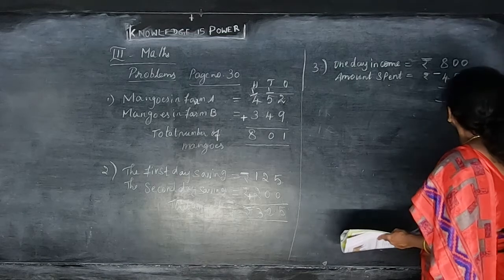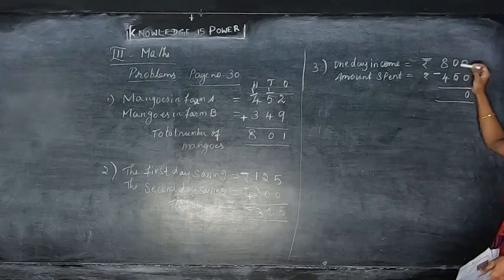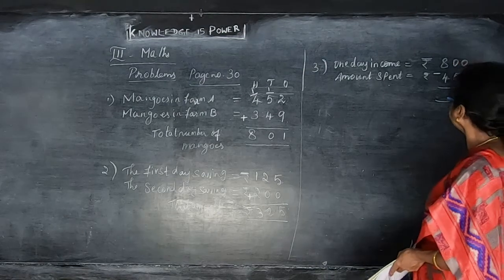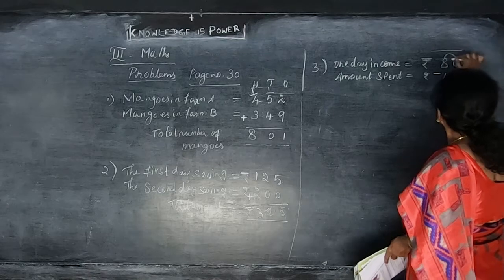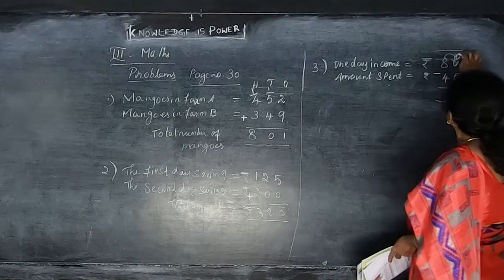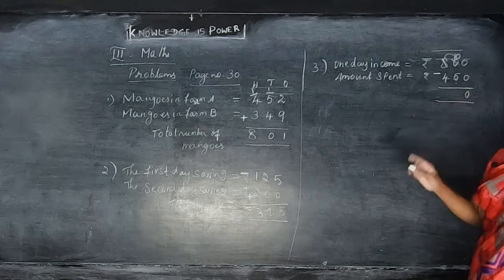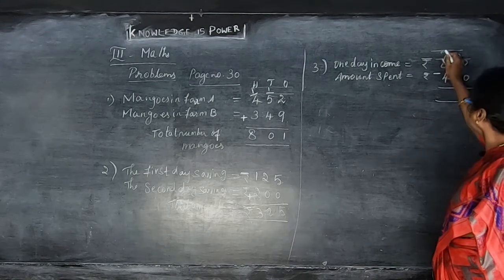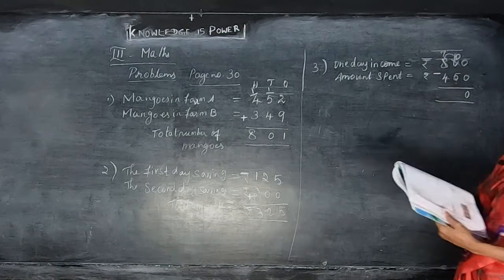So 0 minus 0, 0. Next we'll move on to the 10s digit, which is a 0. So you can't subtract 5 from the 0, so you just borrow. Whenever you are borrowing, you add one in front of that 0. That gives you the 10. That is the borrowing. So next digit, how much will it come? In the 8, if 1 is gone, then 7 only is there. So I put the 7.